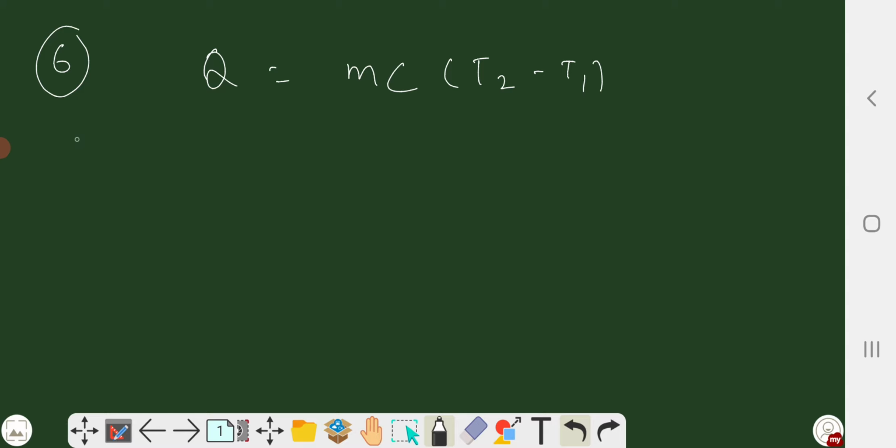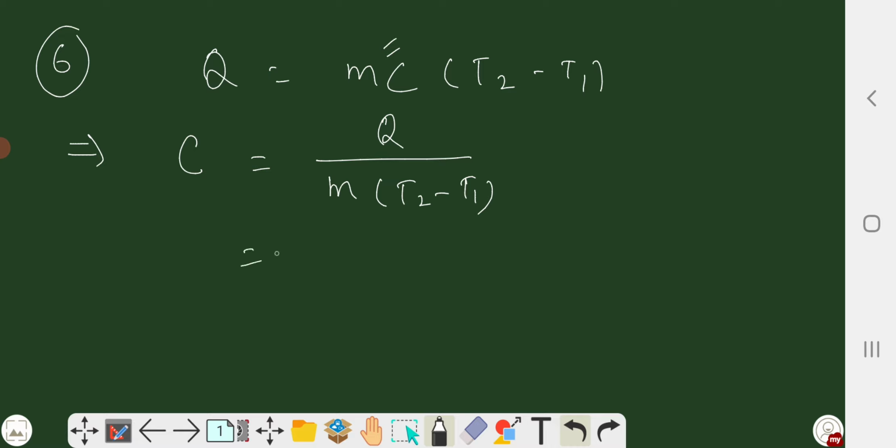Okay, so from here I will make a formula for specific heat capacity C. So how it looks like, Q upon m (T2 minus T1). Now I will be writing the formula for Q, m, and T2 minus T1. Q is a kind of heat energy, so energy has the formula ML square T minus 2. This is mass, so this would be m, and T2 minus T1 is a kind of difference of temperature.